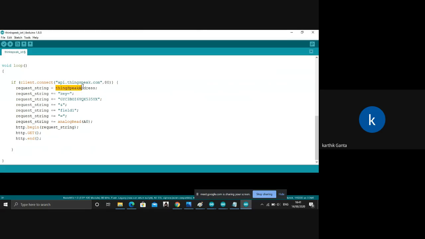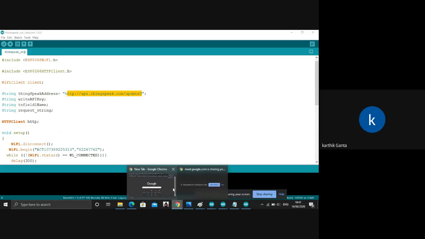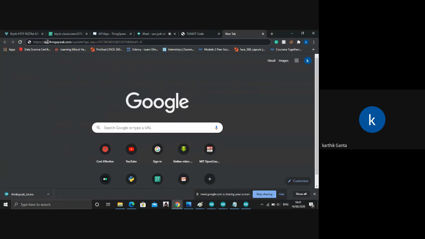It will send the ThingSpeak address first. That means this is the same as the browser. You can see here the API question mark. Next, it should send the API key.